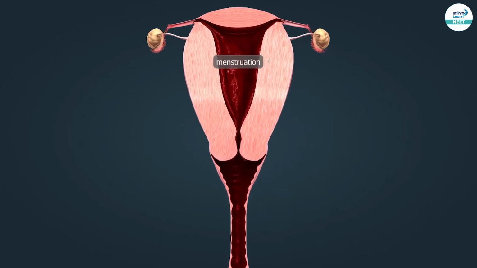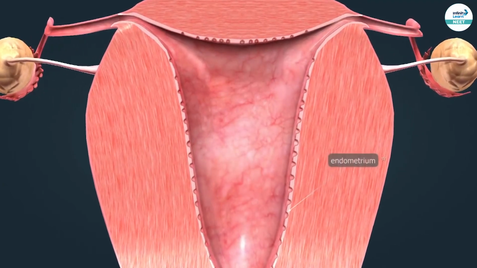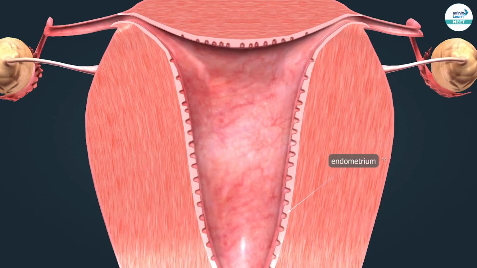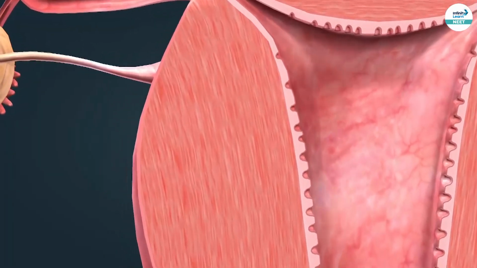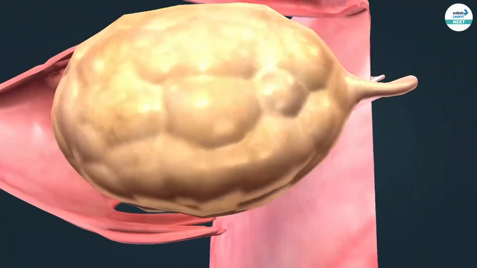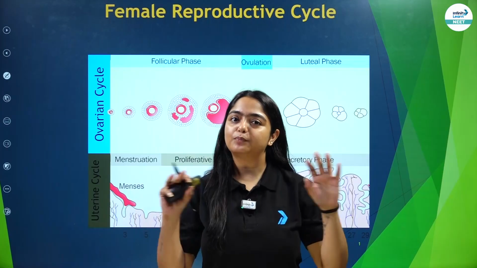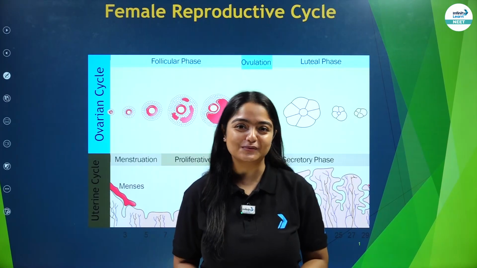And once the menstruation is completed, again the proliferation or thickening of the endometrium of the uterus will take place. And that is how the same events keep repeating every month, and that's when we call it the menstrual cycle. Alright, so I am pretty sure that by watching such an amazing animation you must have understood very well how exactly the menstrual cycle works, right?